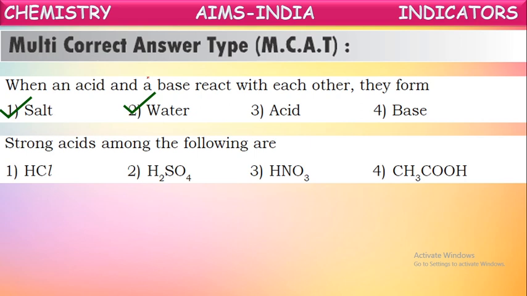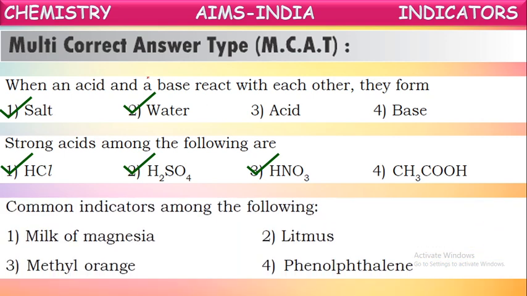These are inorganic acids. Inorganic acids means mineral acids, which are prepared from the minerals in the laboratory. They are called mineral acids or inorganic acids. These are strong acids, whereas organic acids like acetic acid are weak acids. So we can say now hydrochloric acid, sulfuric acid, nitric acid are strong acids, whereas acetic acid is a weak acid. Not only acetic acid, almost all the organic acids are weak acids.